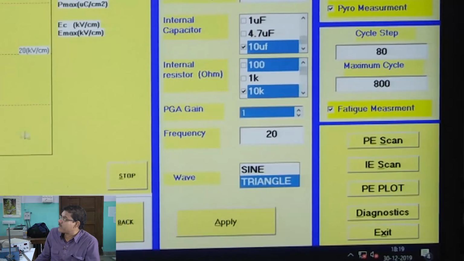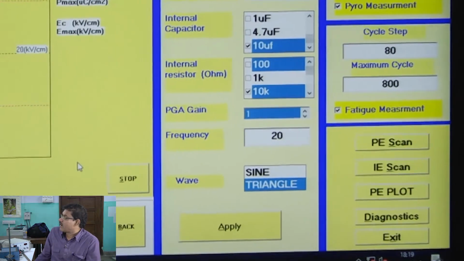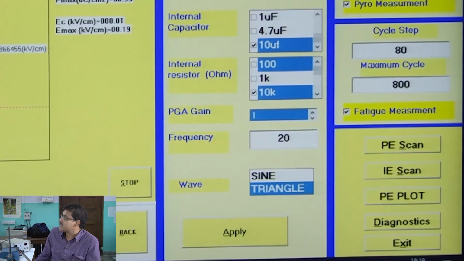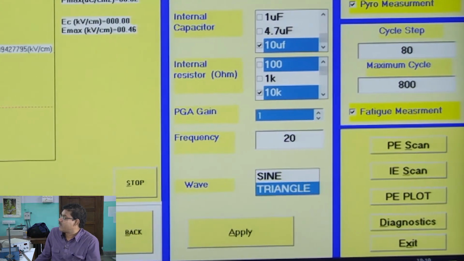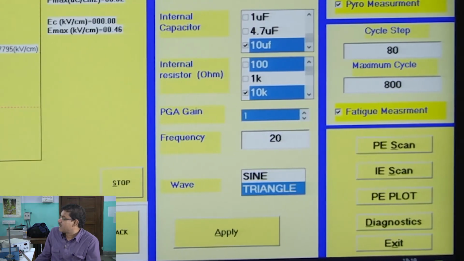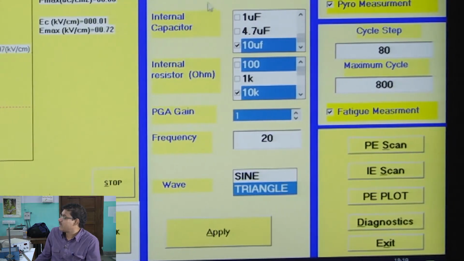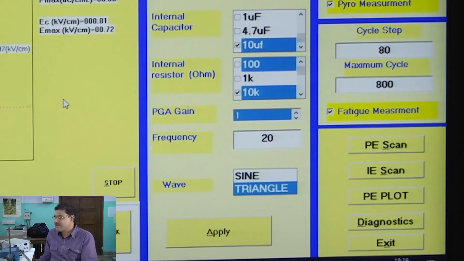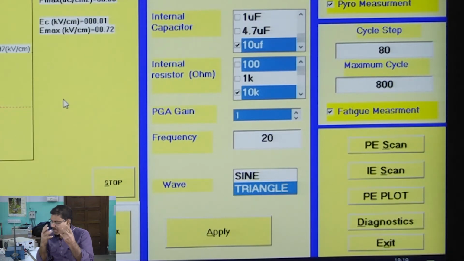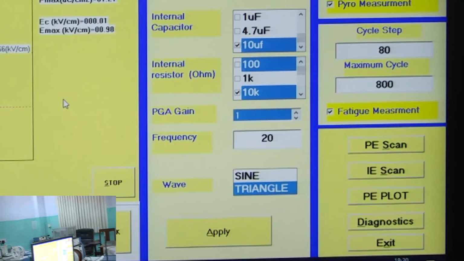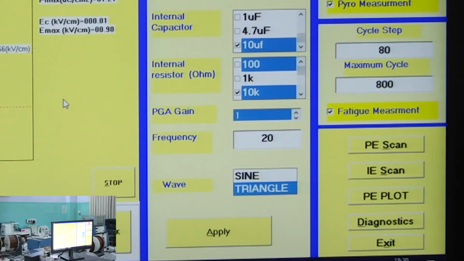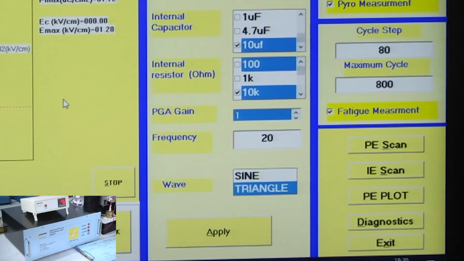So, I asked for the P loop between this maximum field of 10 kilovolt per centimeter, and it will take 10 cycles and take the average. So, each cycle it is basically varying the electric field.